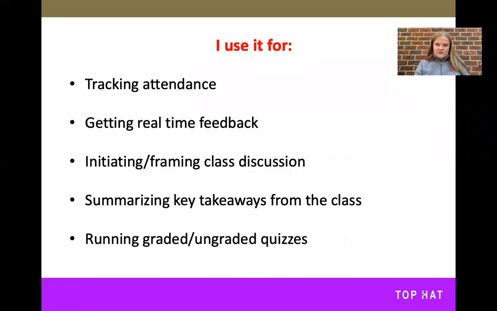What do I use it for? I use it for tracking attendance, and I used it before COVID, but now I think this is so cool that I have an opportunity to use TopHat for attendance. I also use it to get real-time feedback, initiate and frame discussion, summarize key takeaways, and I can also run